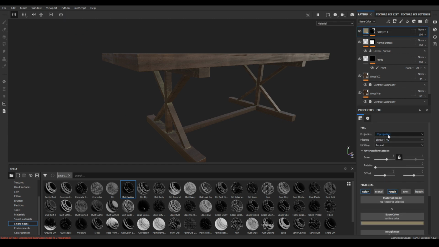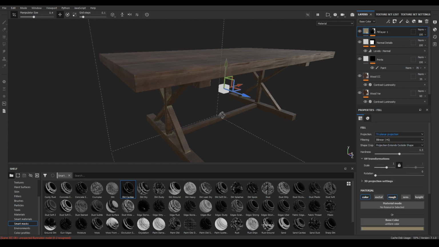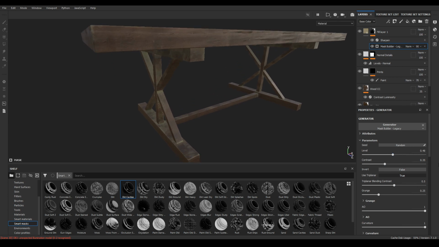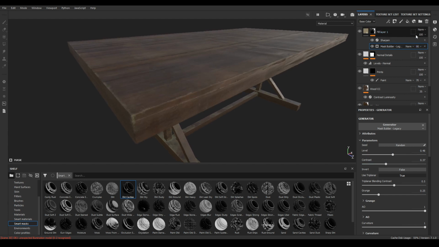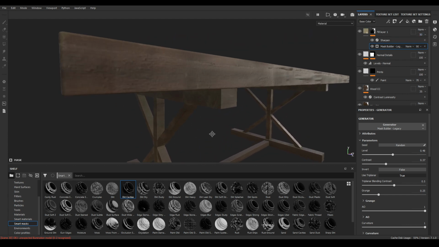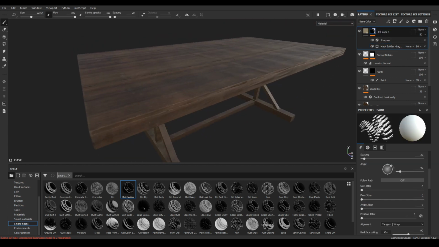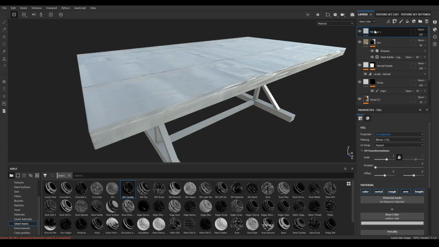Go to your fill layer and change the projection to triplanar. And now go to your black mask and go to mask builder. You can increase the level a little bit and also the contrast. And drop the opacity a little bit to 50. Now rename this as dirt and take a new fill layer